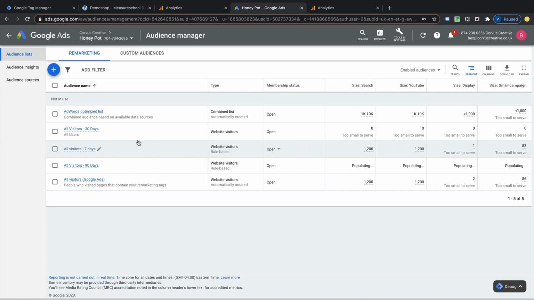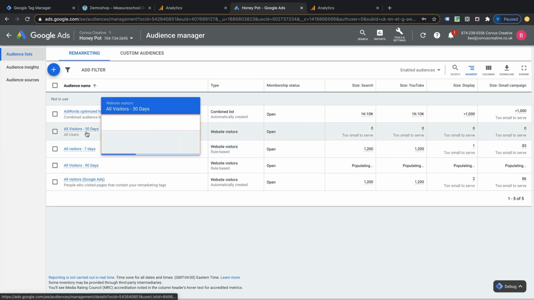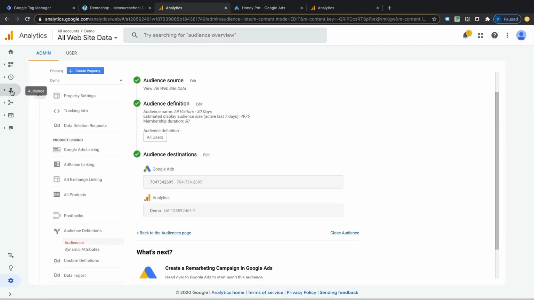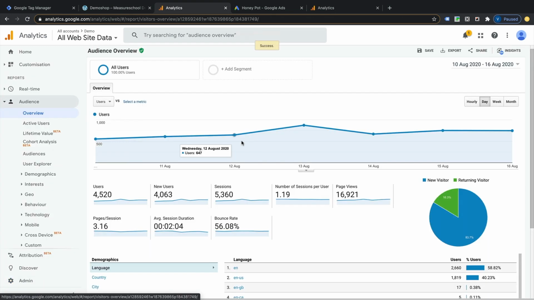Audience Lists. Now, as you can see here, this is the audience we just created. Now, don't be too concerned when you do this immediately if you see 0. It does take 24, sometimes up to 48 hours for these audiences to actually populate in. Now we've set up an audience using our already available audiences that we used here.